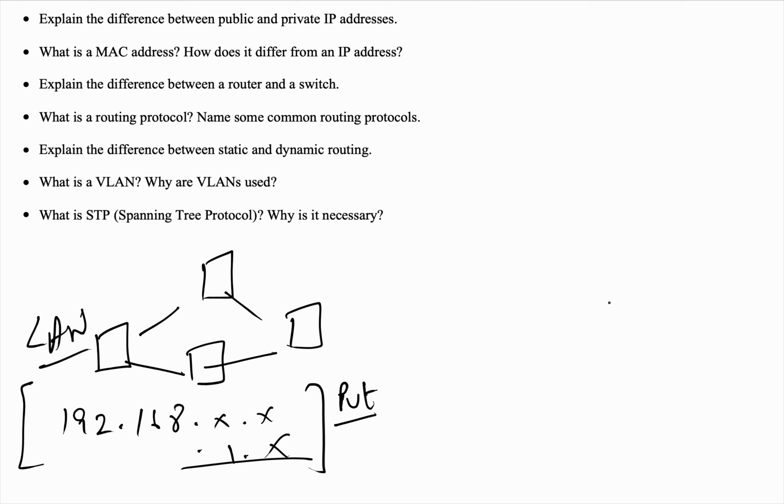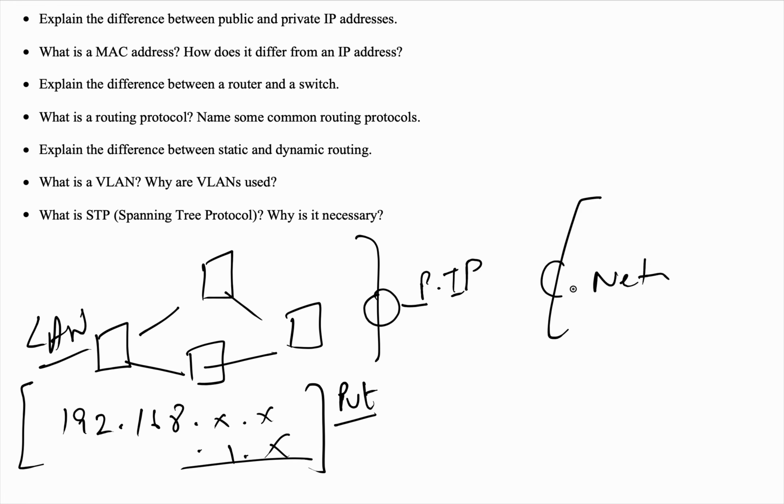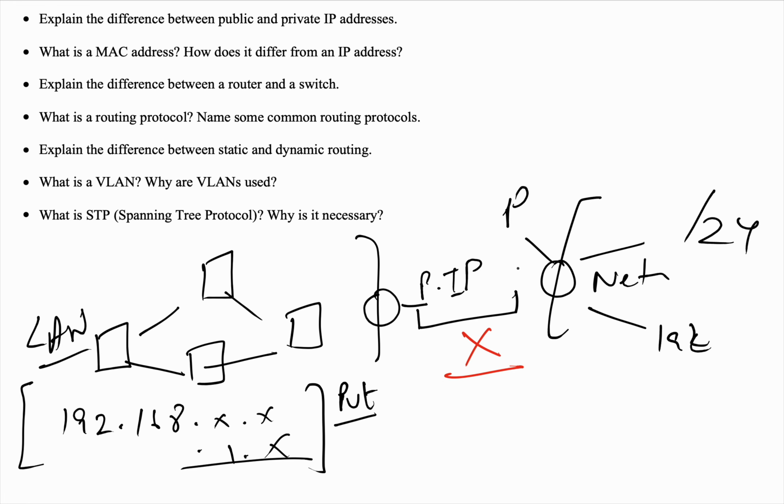Understand this is your network, this is your gateway router, and you have a public IP here. Similarly, there is a network here, which will also have a public IP. Can these two be the same? Your answer should be no. But can these two be the same? Can this also be a 192 series with probably the same /24 subnet? The answer is yes. Why?